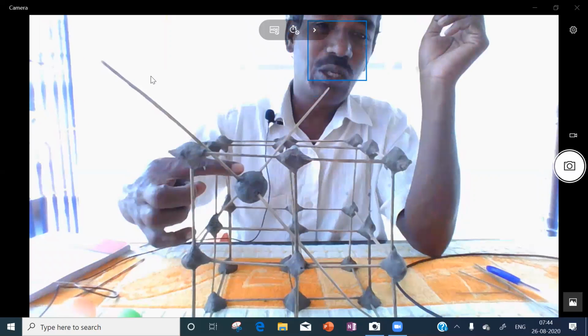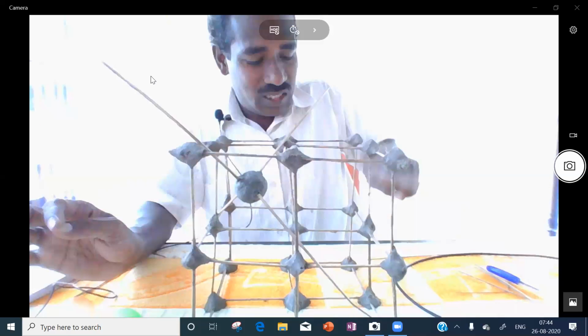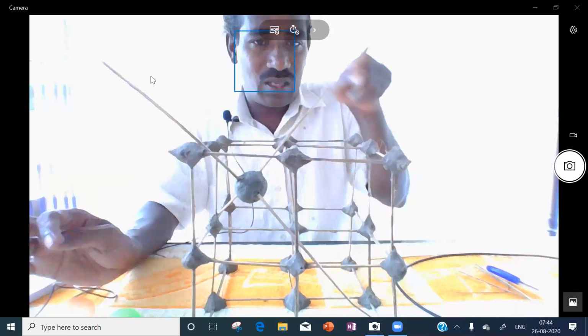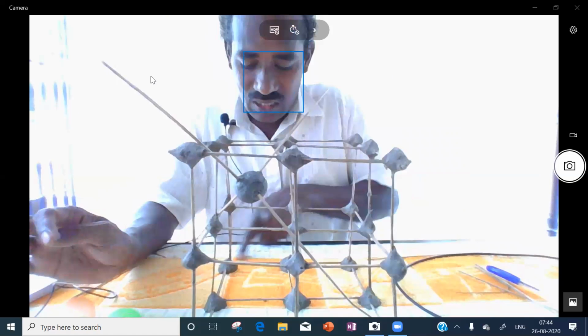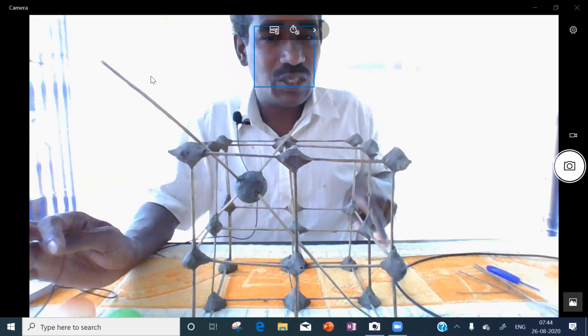You are saying this is called a tetrahedral void. Now this complete thing is called one FCC unit cell.